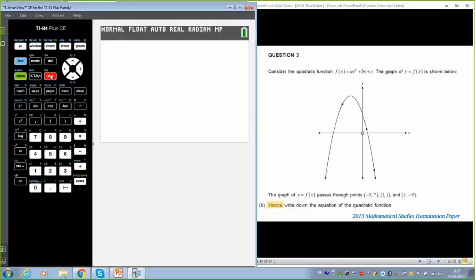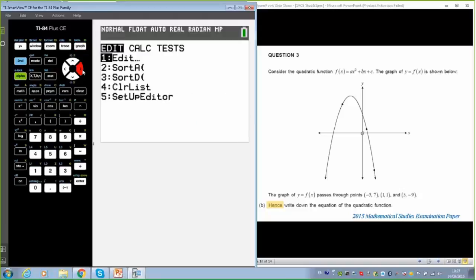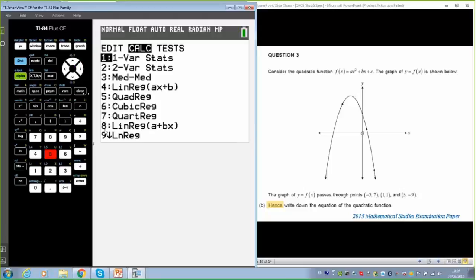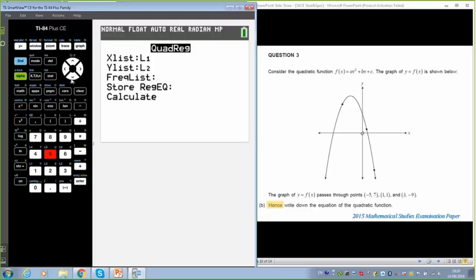Just stat. Across the calculate, we want the quadratic regression. Again, with the new operating system, it's much easier to use. We haven't got to use, as we were talking yesterday, Carol, about the second plus or whatever it was. Just see the syntax, yeah. That's right. Yeah, it's much easier. We don't have a frequency of each.